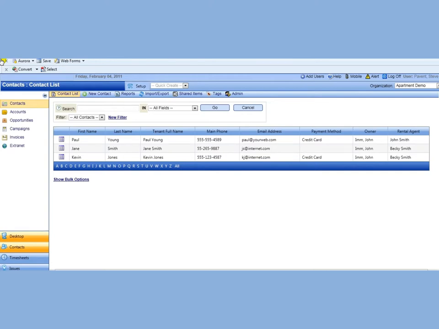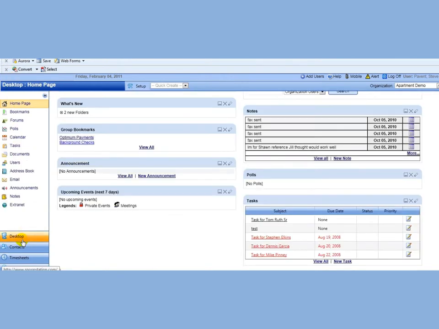Okay, I'm going to give a quick demo of Office Clip Pro for rental type businesses. Essentially, this is your dashboard, your desktop that you would log into. And from here you could see some of your latest contacts. You could see apartments, or spaces, that are available, on hold, available, and rented of all of your